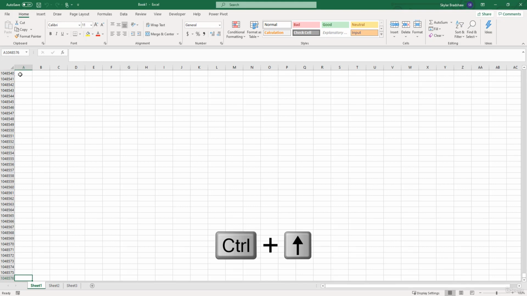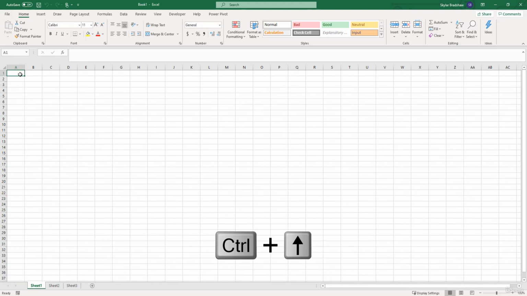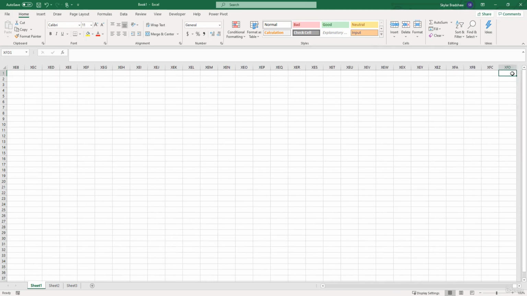Now to get back to the very top, we're going to do the opposite. We're going to press Control up arrow. And if you're on Mac, it's Command up arrow. To get to the very last column, all the way to the right, we're going to be using the same kind of shortcut, which is Control right arrow. Now I know there's not a number, but XFD is equivalent to